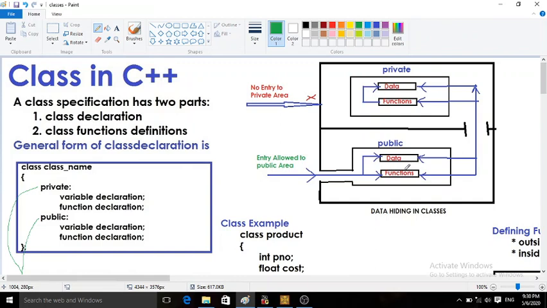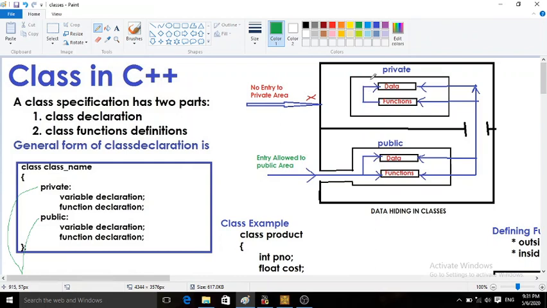Now we will see how the access permissions are given for private and public. First look at the private, as we are looking at the data hiding feature. If the data is written in the private section, this data is accessible only by the functions which are declared within the class itself.